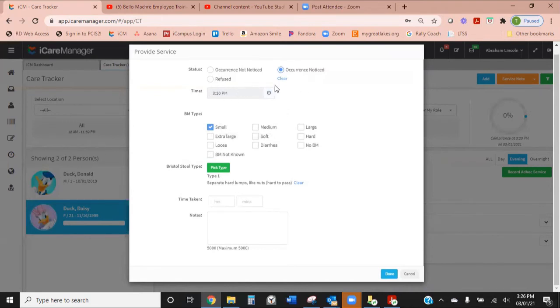Otherwise, you can just leave the default. Time taken, you can ignore. That's just something built into the templates that we don't really use at Bella McCree. If everything is at baseline for this person and there's nothing out of the norm, then you don't need to